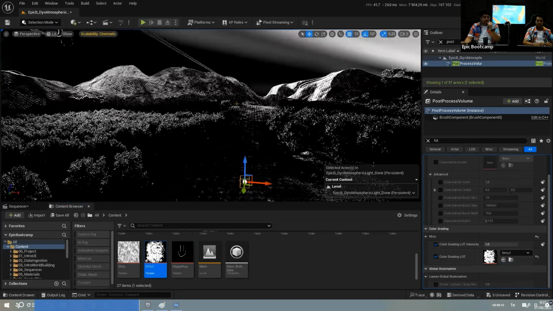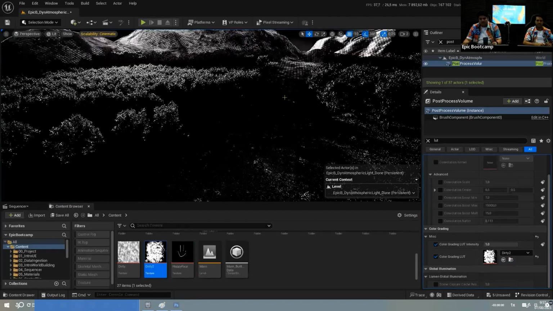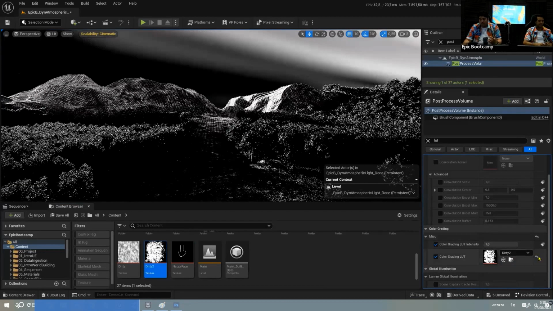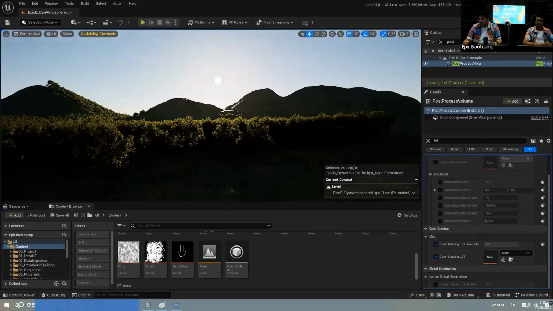What I can do is create this one. It looks great, to be honest. I don't know, it's weird, but it can work. Yeah, take a look at that. It can work. But how can we use a proper LUT inside Unreal Engine? Well, to do this,